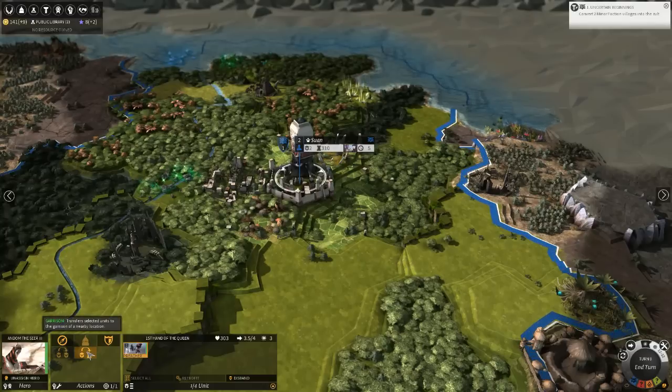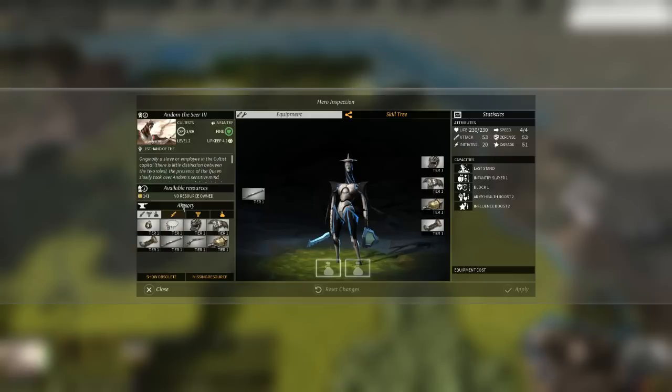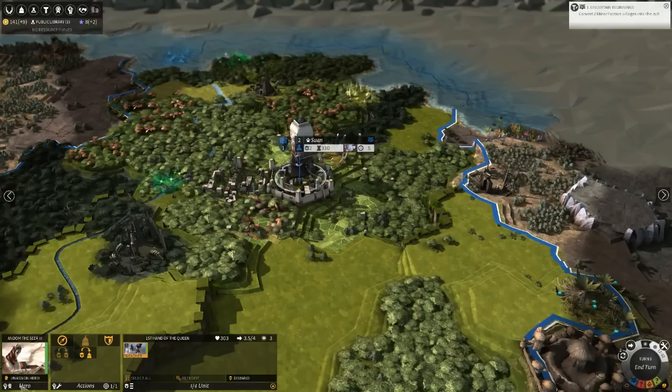Now, how do we say become? I think he has to become like part of the city or something. Yeah, first hand of the queen. How do we assign him to the city? Sure, there's a way. I'm probably missing it somehow. Removes the currently assigned. I don't want to remove him. I just want to transfer selected units to the garrison of the nearby location. I don't want that. Disband the selected units. No, I don't want to disband them. I want...